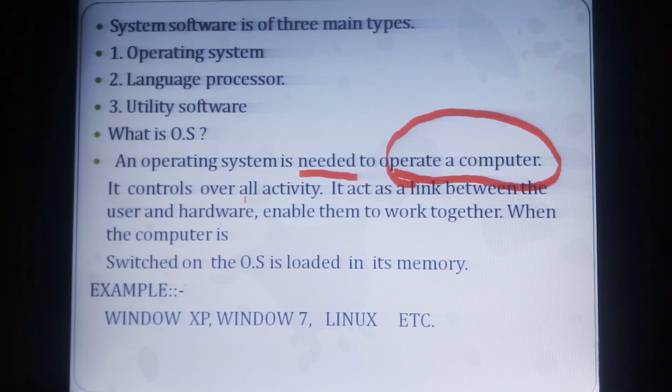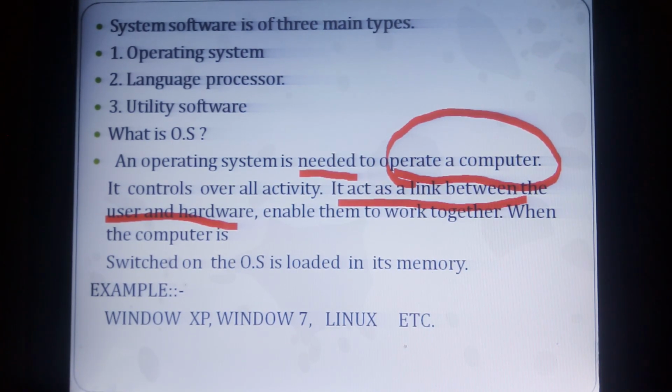Whatever the problem in a class, the class teacher will communicate with the sisters or our principal, because they are a link between the sisters and our class teachers. So the next main important point is that it acts as a link between the user and hardware. An operating system is needed to operate a computer. It controls overall activity. It acts as a link between user and hardware, enabling them to work together.